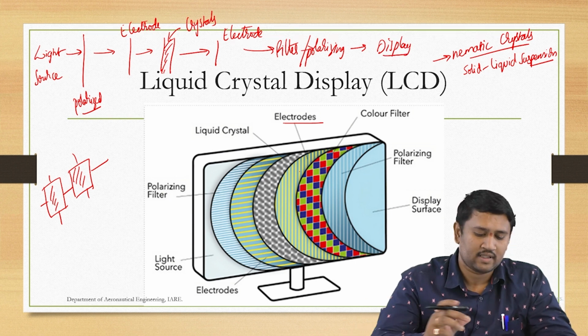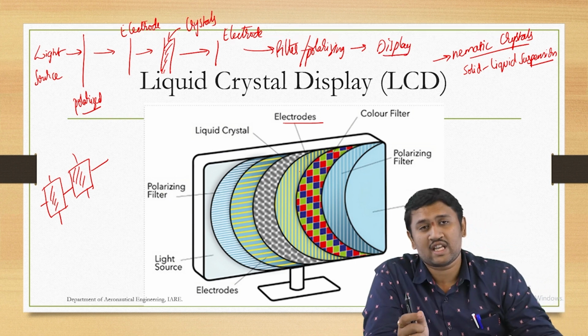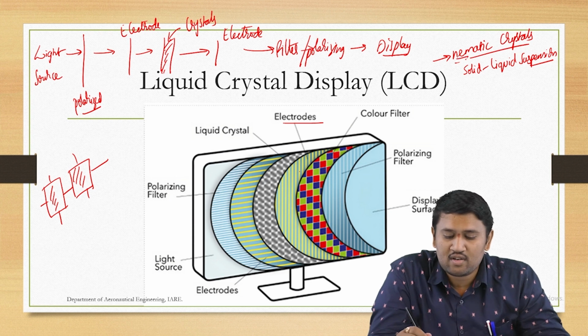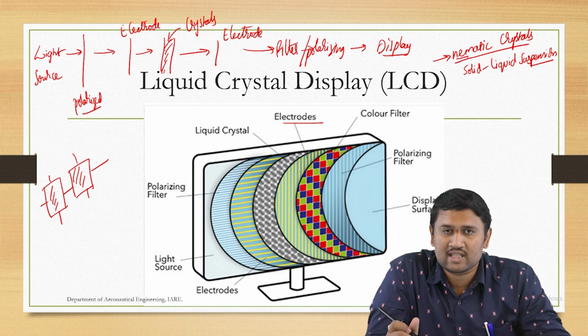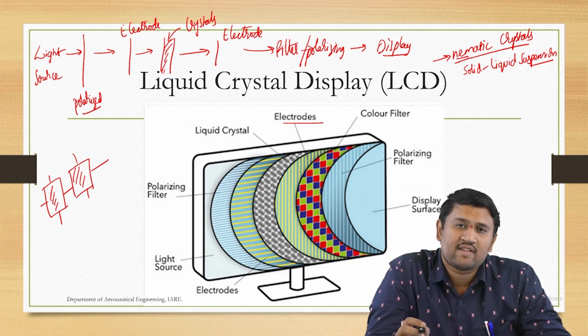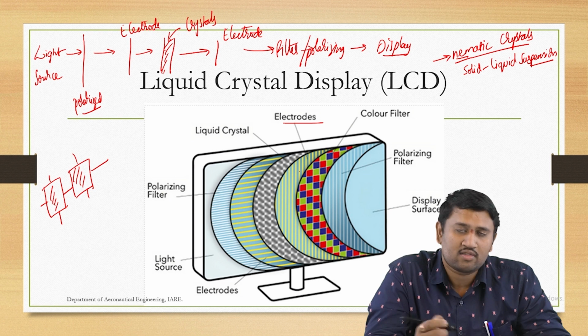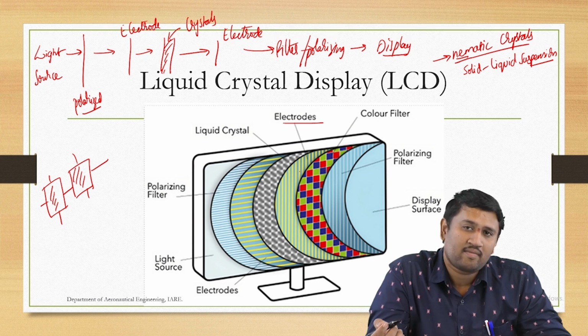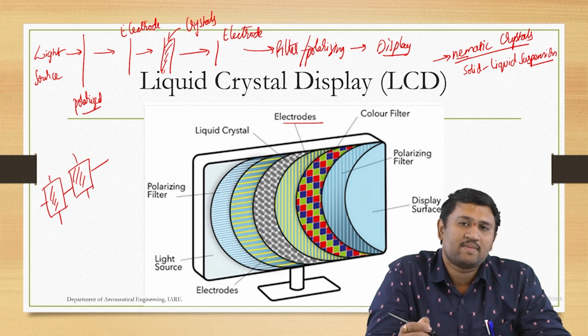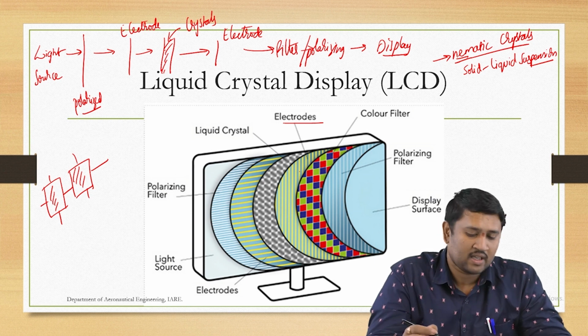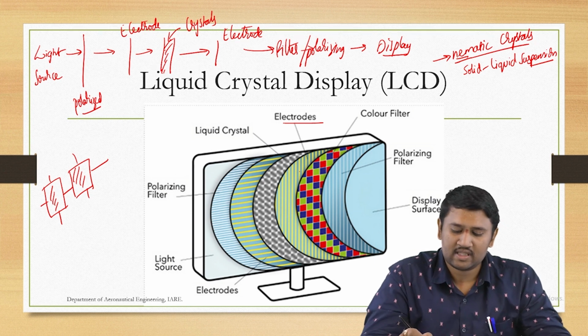right? Now in this whole process, your key component is basically the control of your nematic crystals in a liquid suspended solid crystal, right? Now these crystals are controlled by your electromagnetic field and according to your input picture signal that is being generated over a period of time. Now in this, what is basic is